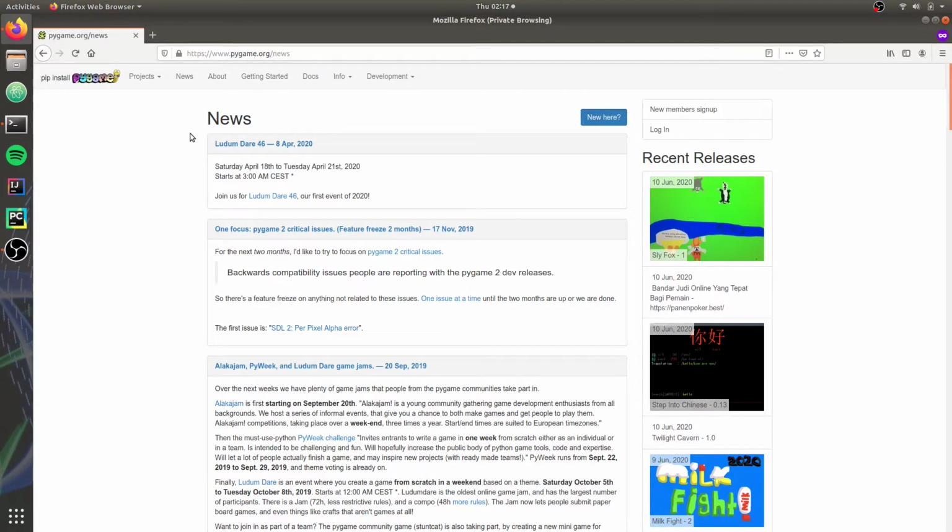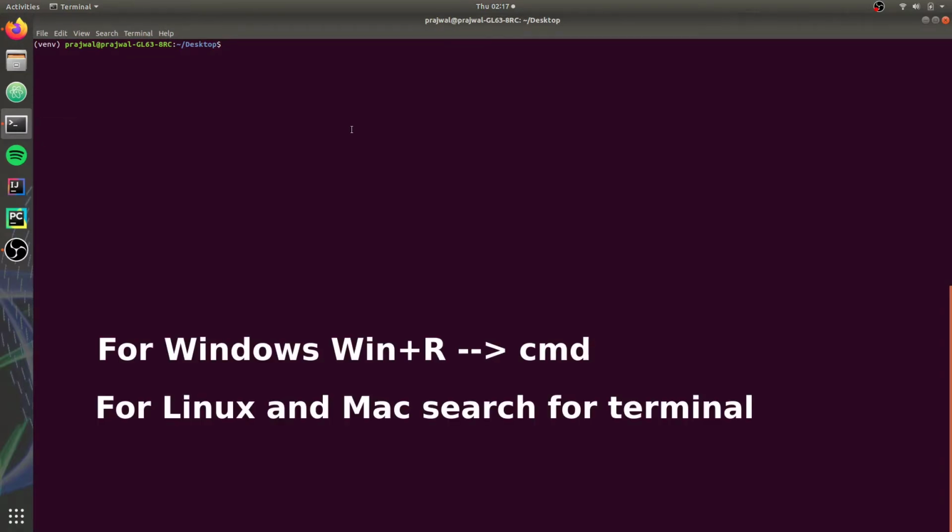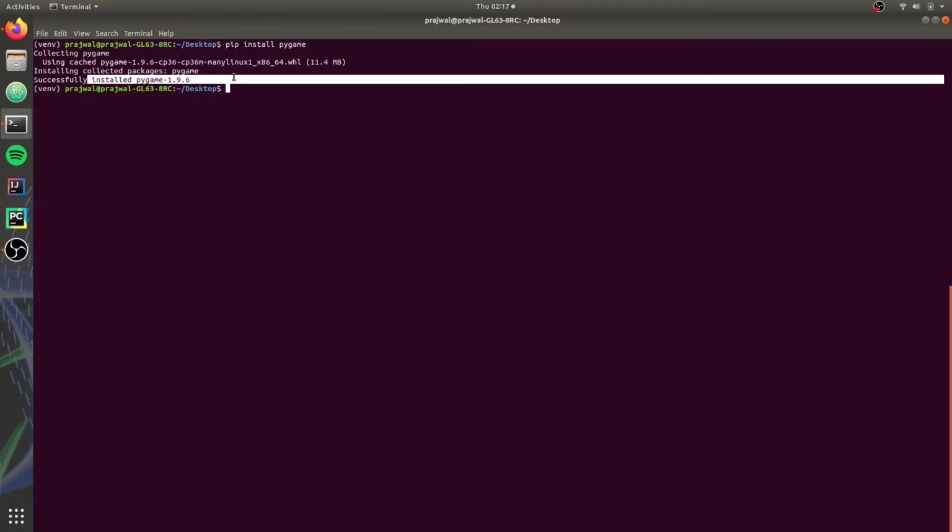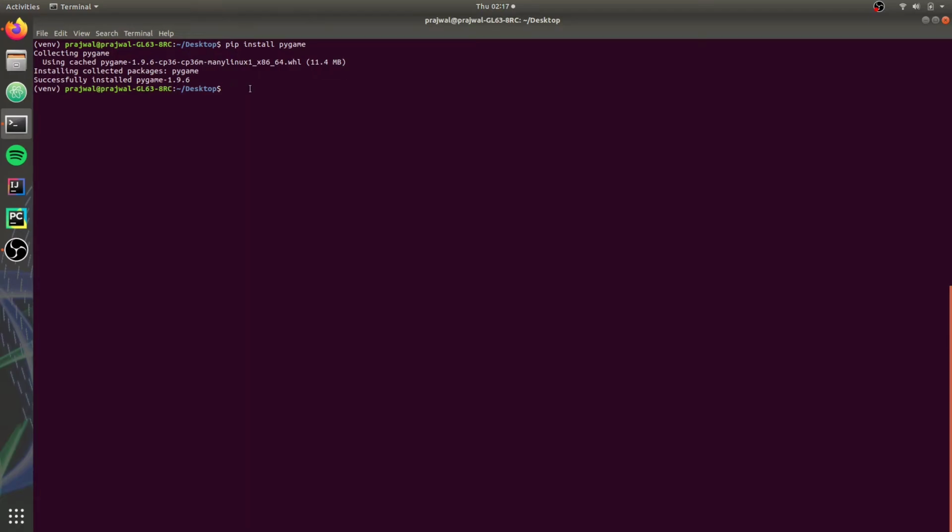This is the Pygame web page, and this is the command which you need to run to install Pygame. So let's get it done. You need pip install pygame, and this collects Pygame and installs it. Once this has been installed and you can see the successfully installed Pygame message, you need to verify whether Pygame